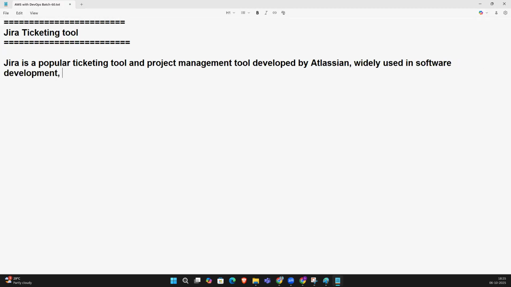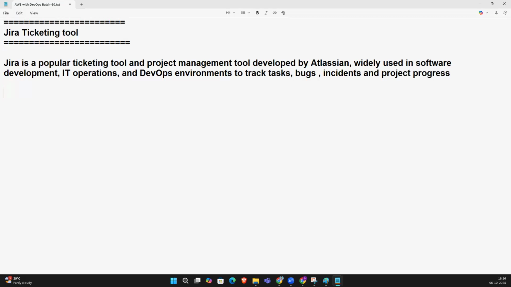Widely used in software development, IT operations, and DevOps environments, to track tasks, bugs, incidents, and project progress.